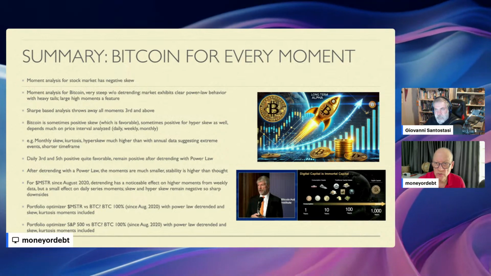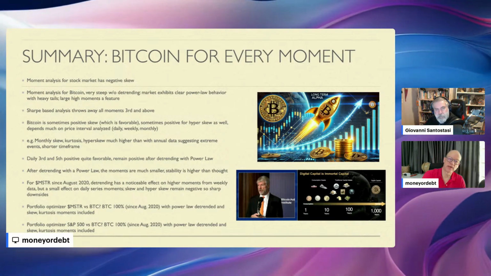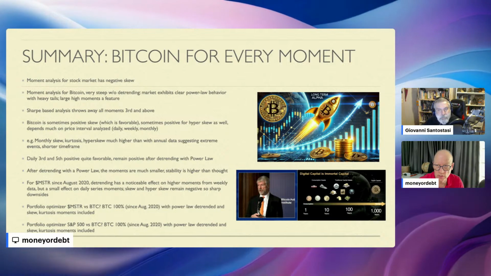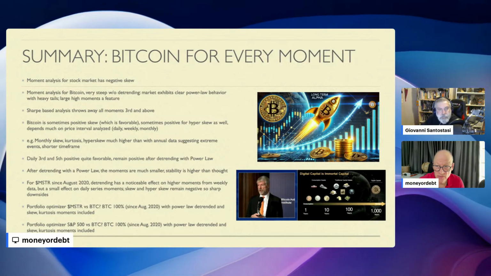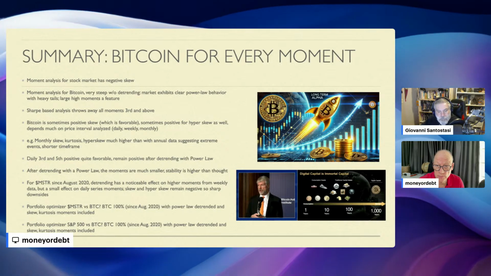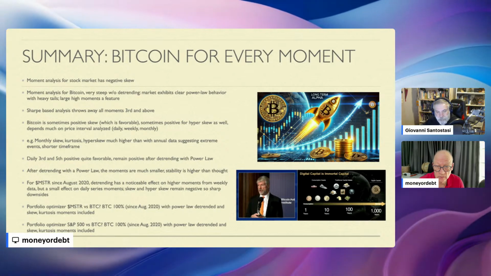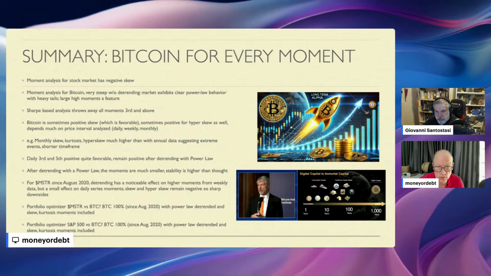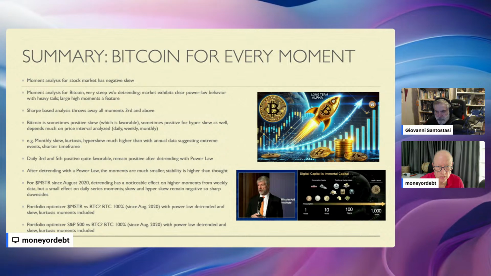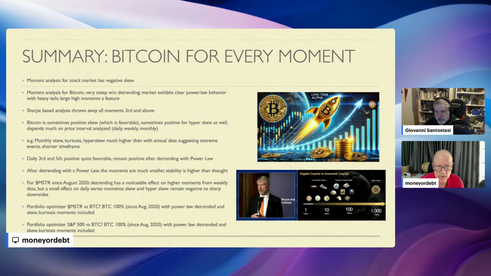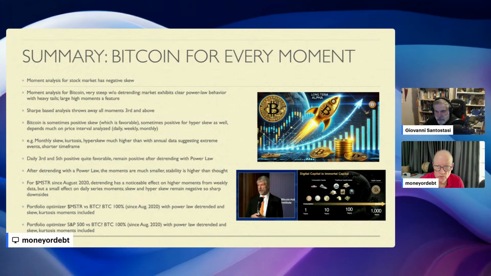The monthly skew and kurtosis are much higher than with annual data, so that suggests extreme events on the shorter time frame. The daily third moment, the skew and the fifth are positive, and that's quite favorable, and they remain positive after you detrend with the power law. All of the moments are much smaller after power law detrending, and so your stability is higher than you would have thought using traditional